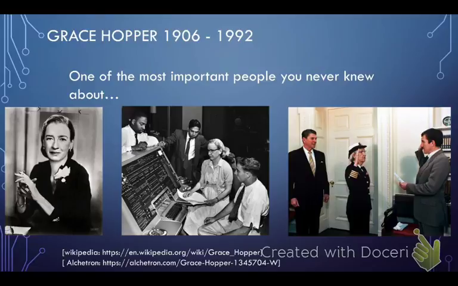for being one of the early pioneers in computer science. In particular, she's given credit for the invention of the modern compiler. And so as a mathematician and a physicist, I know she was a mathematician, I believe she was also a physicist, she got involved in computing pretty early, and she was one who advocated very early for this idea that, well, we should be able to write computer programs in a readable language. We should have computer programming languages that look like English. And in order for that to work, obviously, somehow that English must be translated into a language, specifically machine code, that the computer can understand.